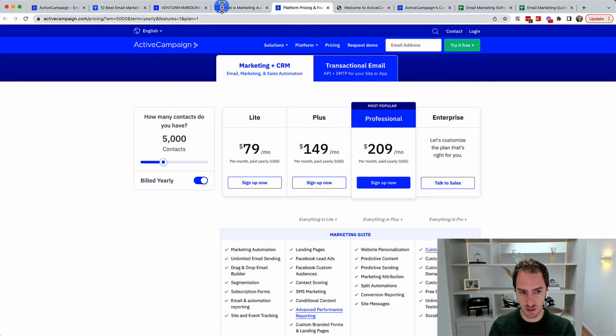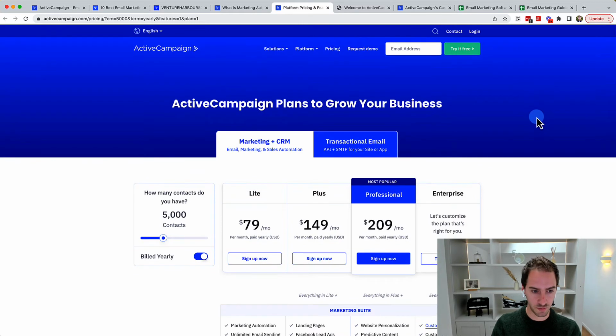I will touch briefly on the cons. There aren't many cons of ActiveCampaign. There are only two in particular that I think are worth mentioning. One is that the reporting is not fantastic. It's not bad, but it's not incredible. And the other thing that is not great about ActiveCampaign, again, it's not terrible, but it's just not brilliant, is